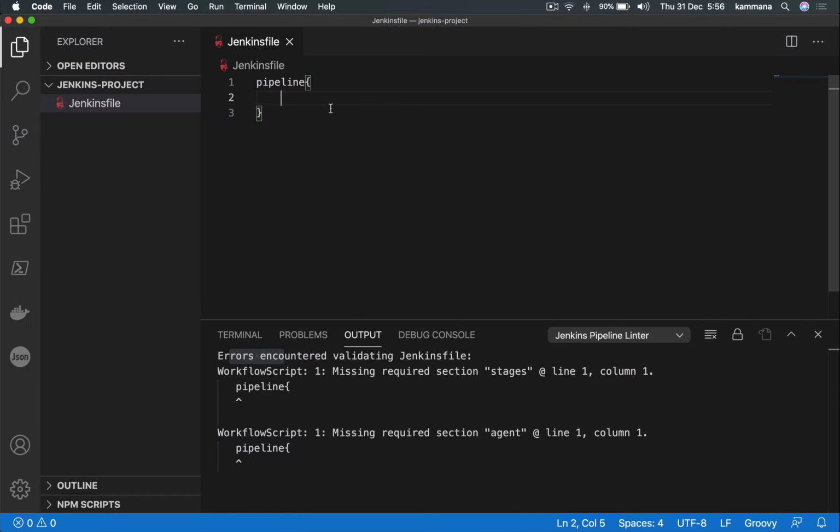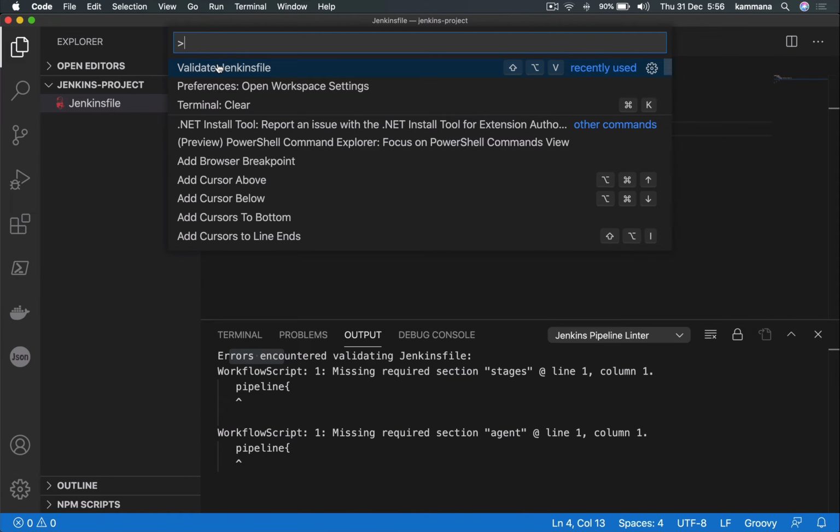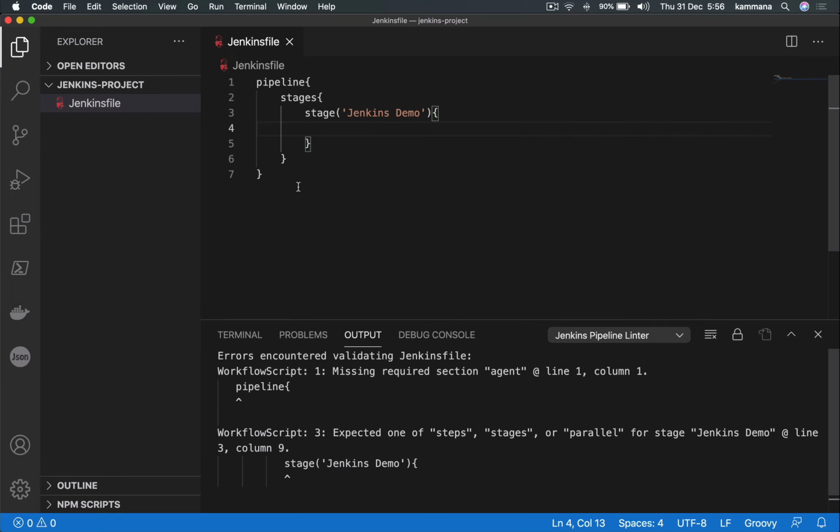This is not valid because, let's say I have stages. I have stage. Let's go and validate again. It is still not valid.